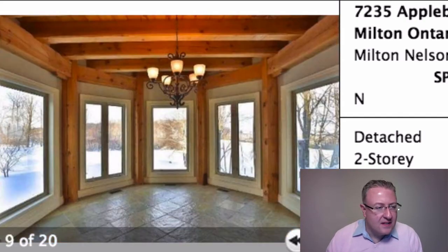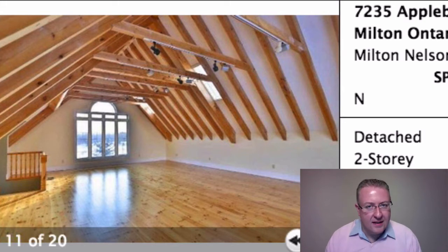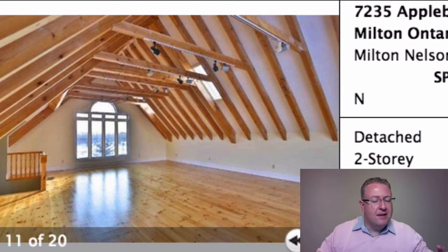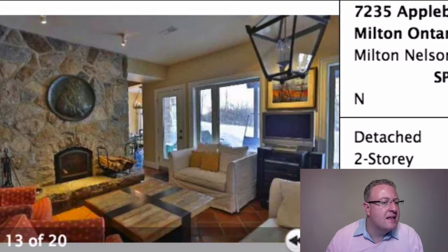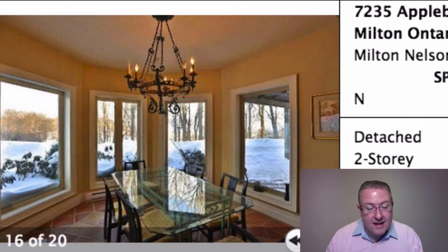You've got great views of the escarpment here. I'm a big view guy. Imagine having a party here, or having anything. I mean, having a huge, even just a big home theater. I mean, think about the ceiling effect. It's a beautiful space. There is a link to the virtual tour, and I would highly recommend checking that out